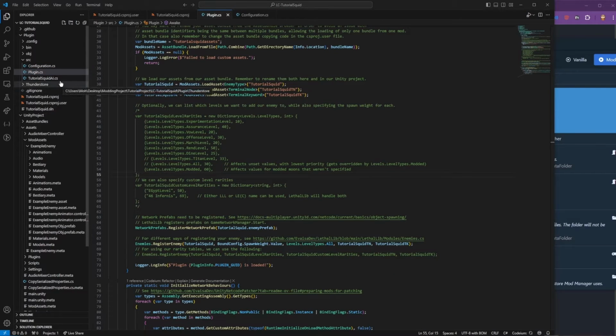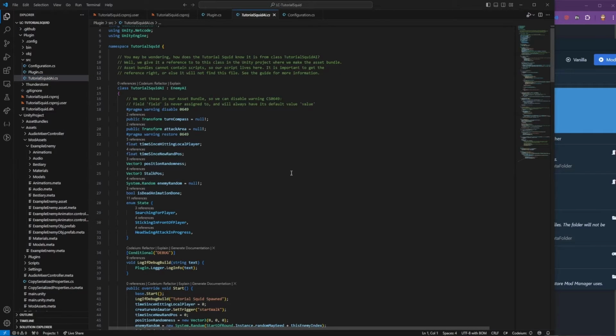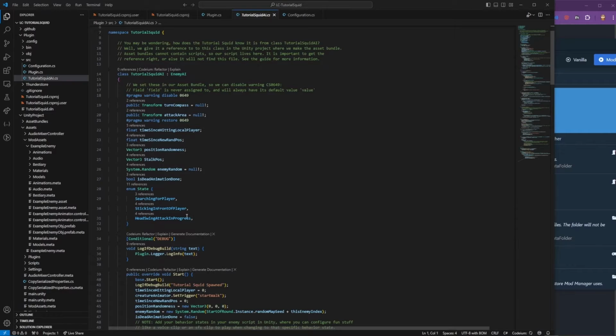Next, you're gonna want to go into the tutorial Squid AI, or whatever AI it is, and this is mostly already set up for you for example enemy. This is not for you. Well, it is for you, but it's for example enemy, not your enemy. So you're gonna have to edit a lot of this code. I recommend keeping these as it is for now, and then I'm gonna set the states. Searching for player, that's fine, and I'm gonna add a state chasing player,